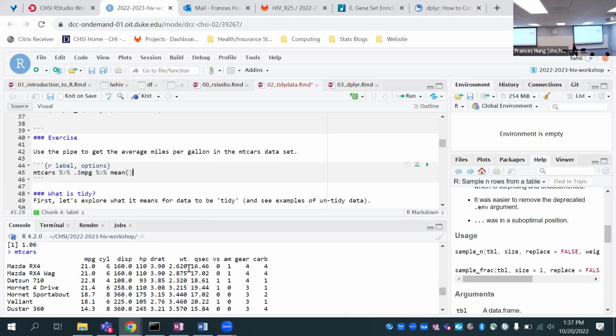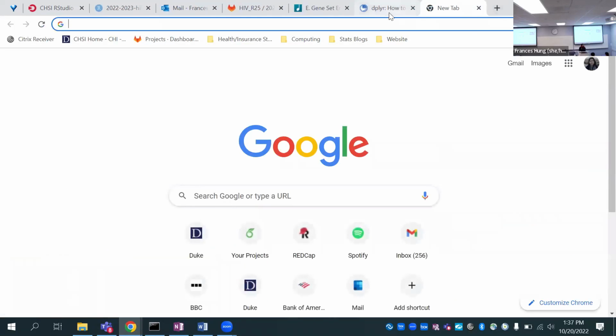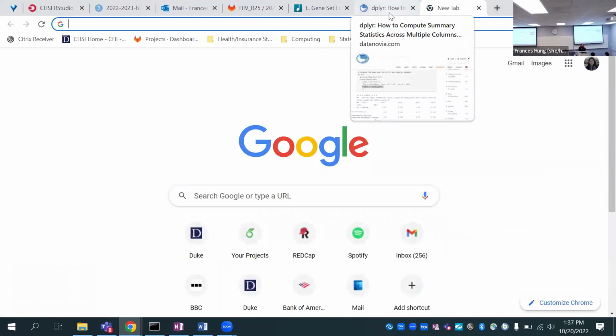Yeah. Where would you refer to know? Yeah, so that's a good question. These are base R functionality things, so I don't think you'd be able to do this using a question mark. What I would suggest doing in this case is just going to Google and Googling it.